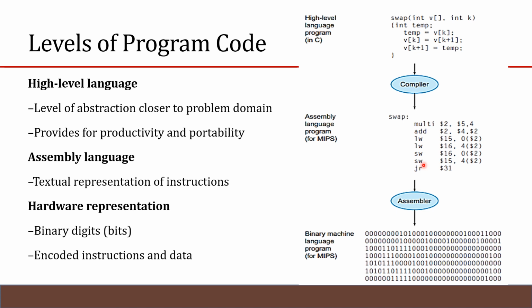So we need a translator that converts the assembly code into machine language. That translator can be called an assembler. This assembler translates the code in the assembly language to the binary language. This binary language is the machine level language that consists of a set of instructions in the form of zeros and ones.